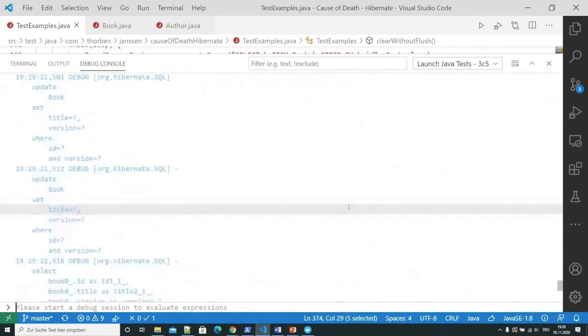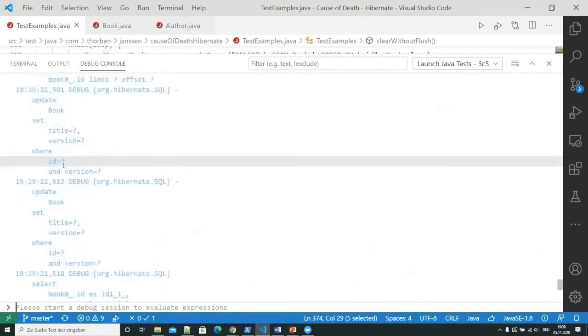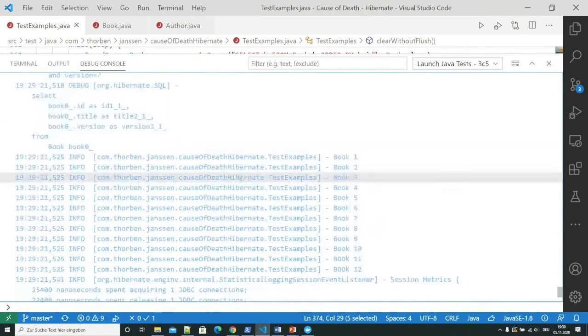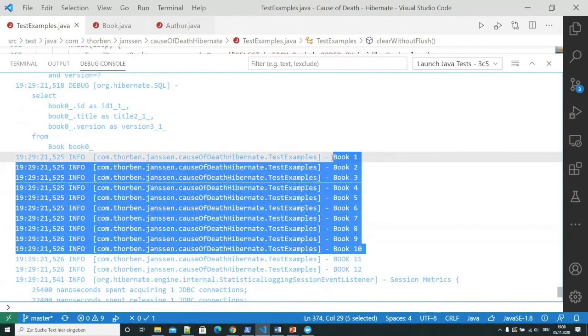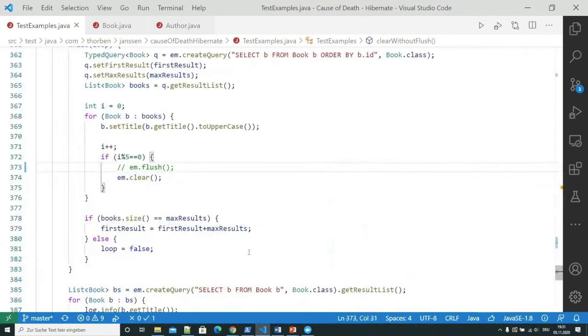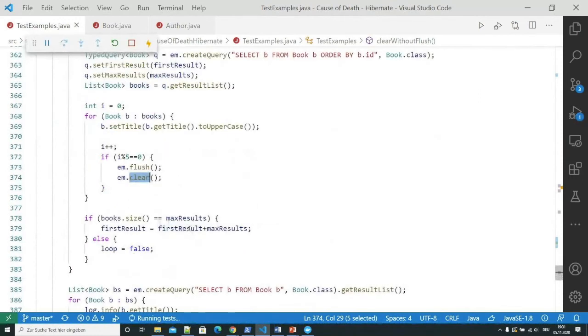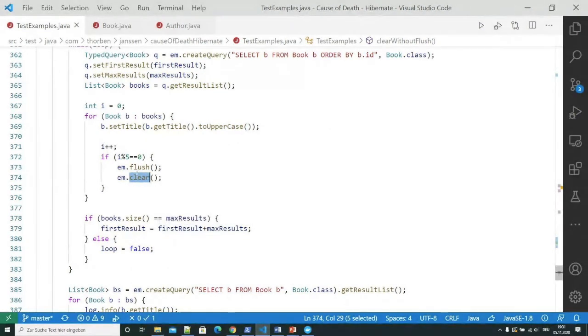Well, as you can see, we are selecting our books in multiple batches. Also updating 2 books, which are the books down here. But we haven't updated the first 10 books. And the reason for that is that we did a clear without a flush. Clear just removes the objects from the persistence context, which means Hibernate doesn't have a reference to them when it performs the next dirty check, which means Hibernate doesn't recognize that we made any changes on them and didn't create an update statement. If we flush before we clear,